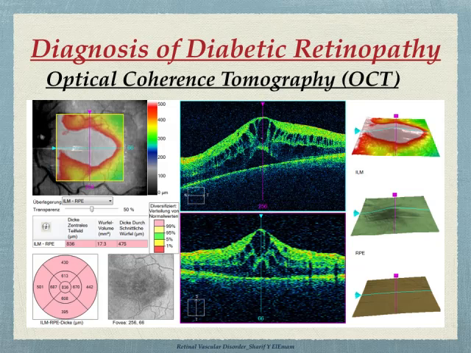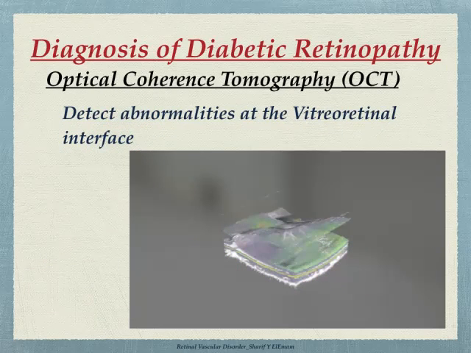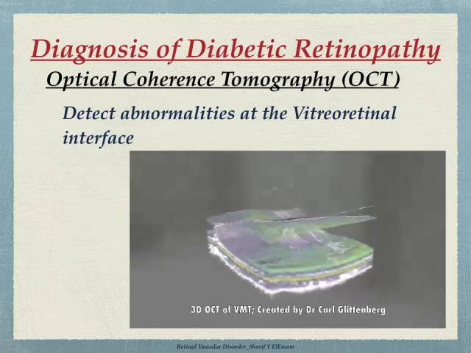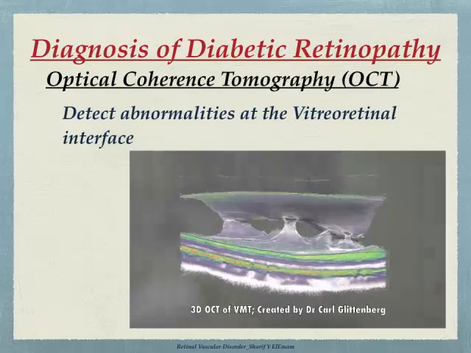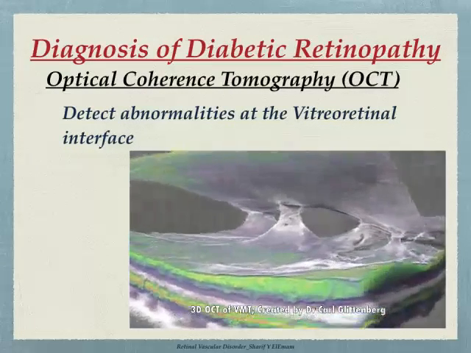And in the lower left corner, we can see there's a map showing the actual thickness, or the average thickness, of the macula in different areas of the fundus, and this is very good to be able to follow up this patient and see the effectiveness of any treatment that is given. Most new machines can also not only give you a numerical thickness of the retina, but also